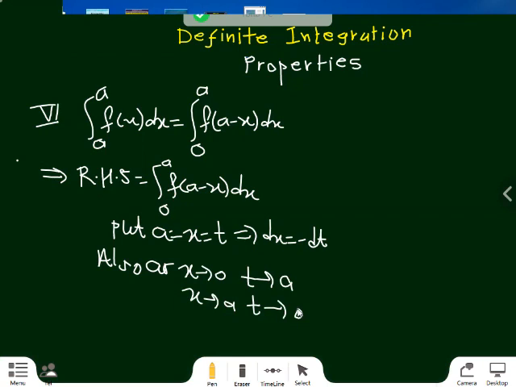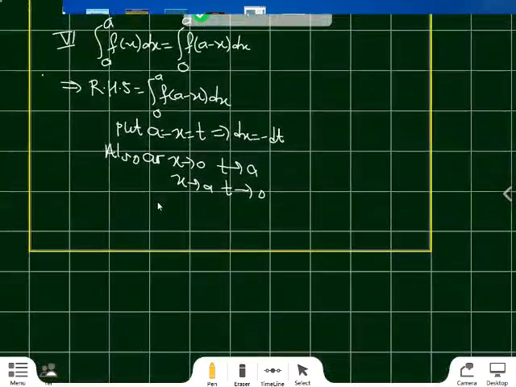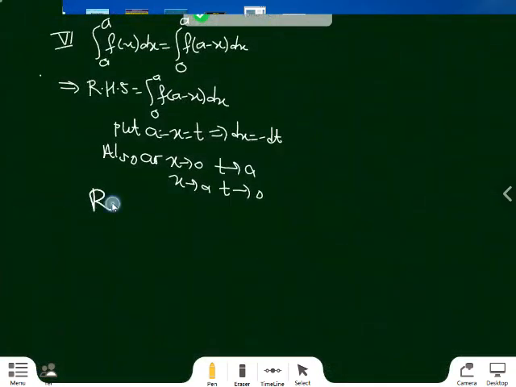Now, after this substitution of these terms, RHS becomes